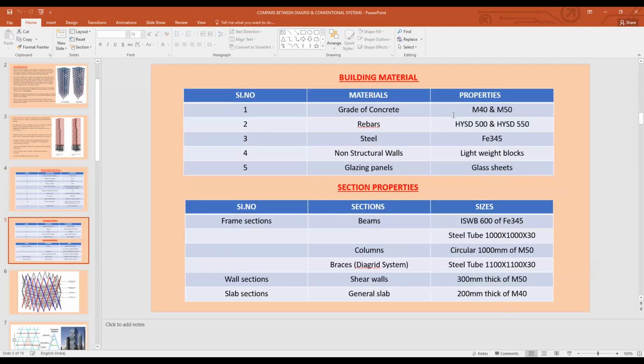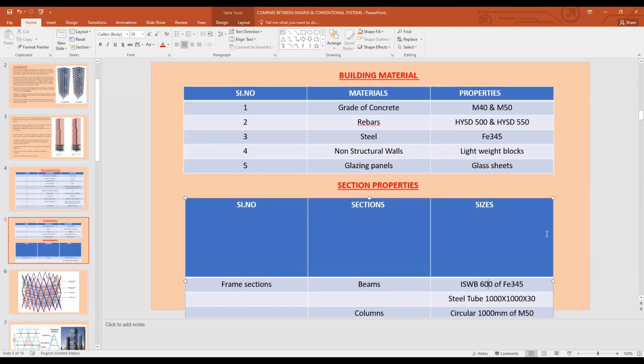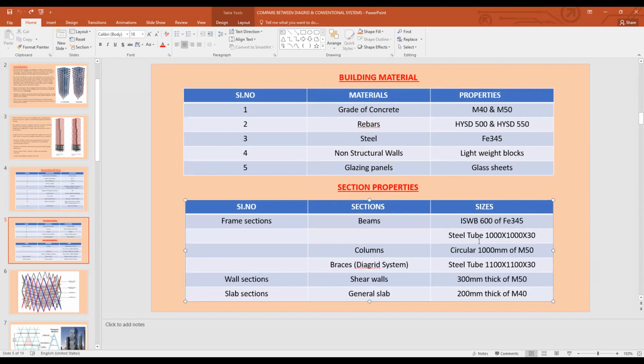And what is the material? We are using M40 grade of concrete, M50 grade of concrete. Rebar we have this HYSD 500 and 550 steel. We are using 345, and for non-structural walls we are using lightweight blocks, and for glazing panels we are using glass sheets. Their frame section specifications are here. You can easily find them in any software, and you can make